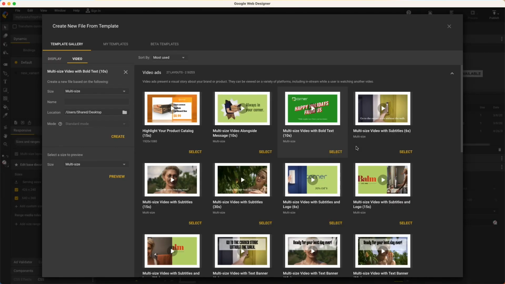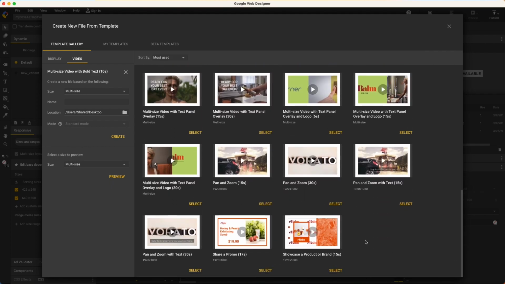Regarding the templates themselves and which one to use, you might decide based on your assets. For example, if you don't have any video content, then the first one and last 6 templates only require images, so you'll be creating a video ad from your static images. For all the rest, you'll need your own videos to get started, and if your video file already includes a logo animation, then you could pick one of these without the words "and logo," since they don't require a separate logo image. All templates include some text, but these 2 called pan and zoom are pretty minimal.